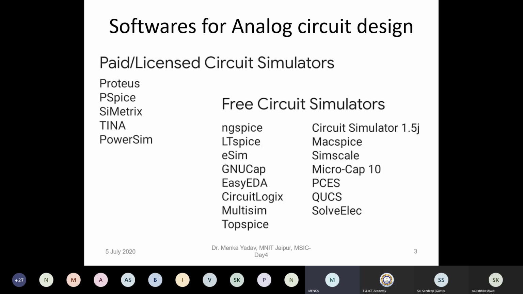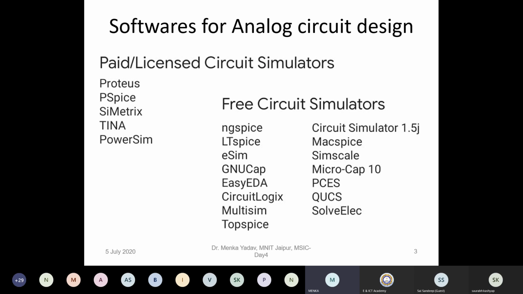But as an individual, you can go with free software. Most people use ngSpice as a simulator. So there are ngSpice, LTSpice, eSim, GNU Cap, EasyEDA, and Multisim. These are all the software.